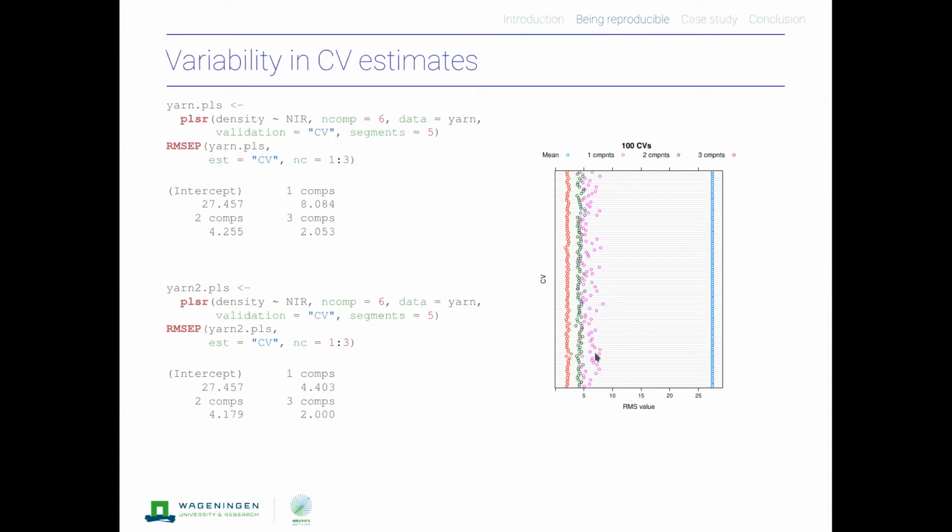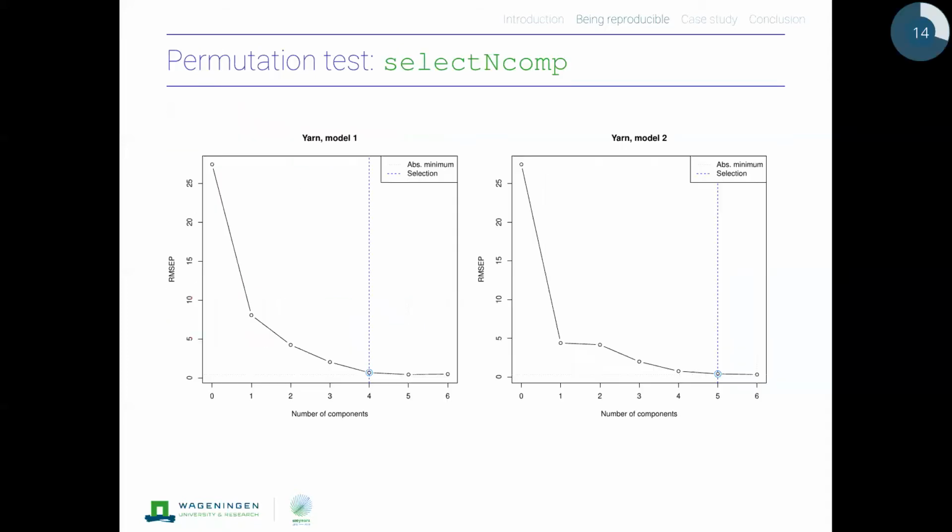Right, so that means that you have to be aware of the fact that if you do just one cross-validation, the actual numbers will change sometimes quite dramatically, and that also will influence your choice of the optimal number of latent variables. Well, you say, well, maybe we should use a statistical test then to see whether a model with 2 latent variables is significantly better than a model with 1 latent variable.